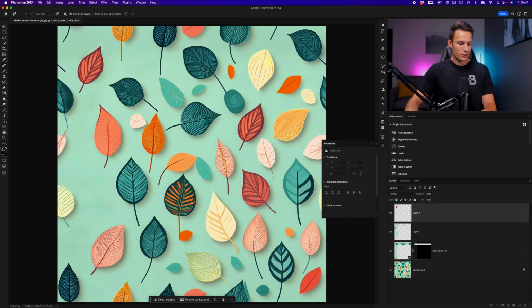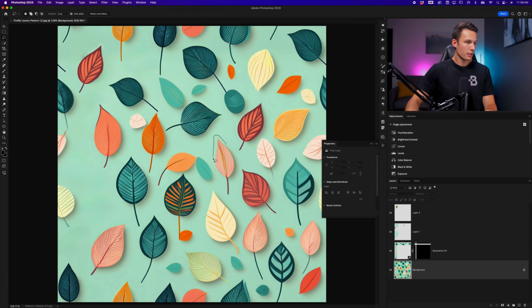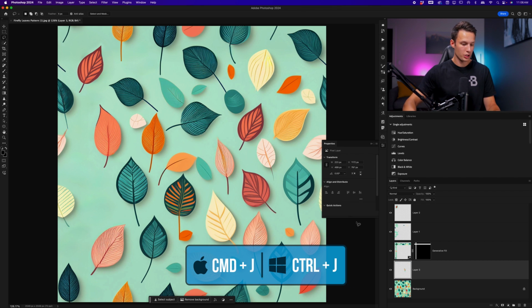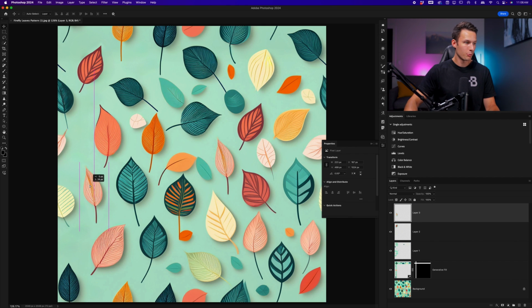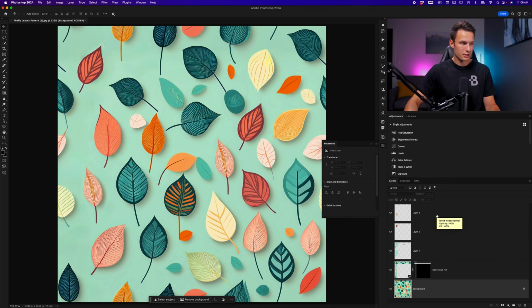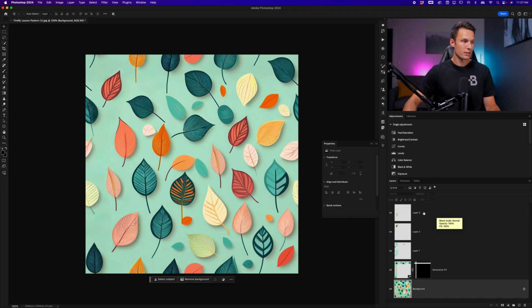I'll repeat this process one more time with the lasso tool, clicking on the background layer, and I'll duplicate this pink leaf in this case. With the selection active, pressing Command or Control J, using the move tool to move it into position, and moving it to the top of the layer stack so we can see it above our other removal layers. If you need to further blend it in, you can use the remove tool or just use a layer mask if that's what you'd like to do instead. But now with this complete, we have removed the seam and we have an endless repeating pattern.